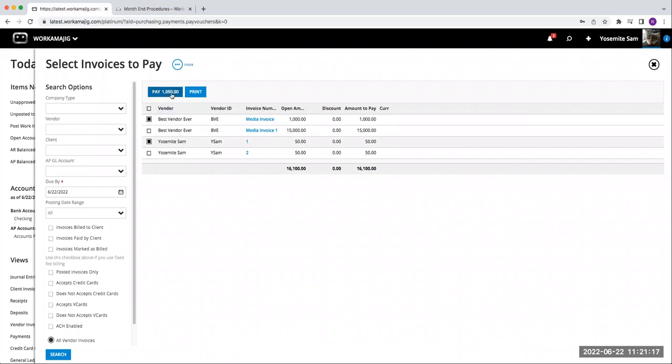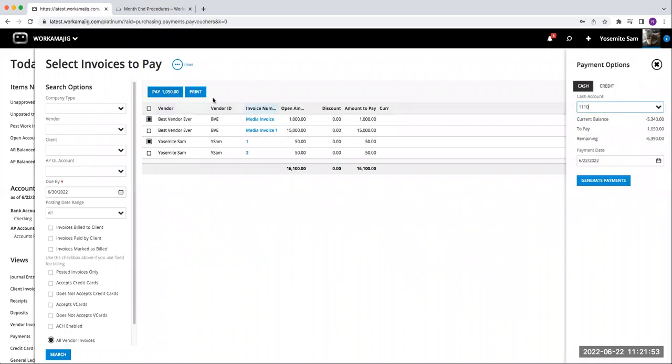Okay. So when I generate my payment, now we do have a million and one filters over here on the left. So if you do not want them all to appear, or if you are looking for a specific one, a good thing to do sometimes when we're doing that check run is we might be looking for invoices just through the end of the month, right? That have a due date through the end of the month, because we're not going to do this again before the end of June. So you can always extend this date. I probably don't have any because it's a test site, but you'd be able to extend this date. It would find any vendor invoices that have a due date before the end of the month, and then you would be able to select them,